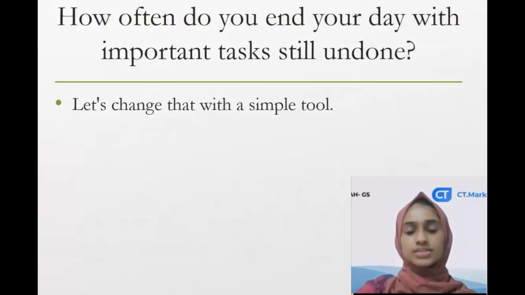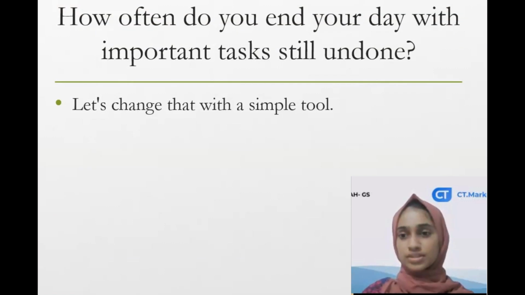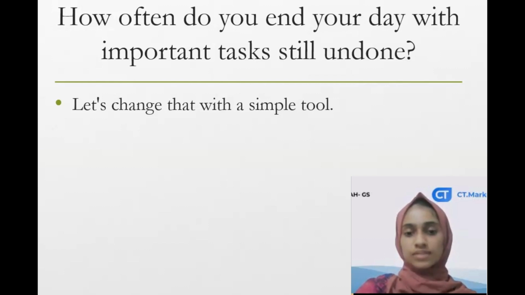So let's start with a question. How often do all of us end our day with an important task that's still been left undone? I'm pretty sure all of us have gone through this. Your day is over and then you realize, I forgot to do something important that's quite crucial. That sounds very familiar, and I feel like everyone has gone through that. Because it happens quite often, not all tasks that are created are equal, right? So when everything feels urgent,